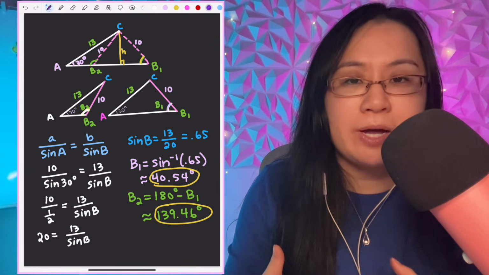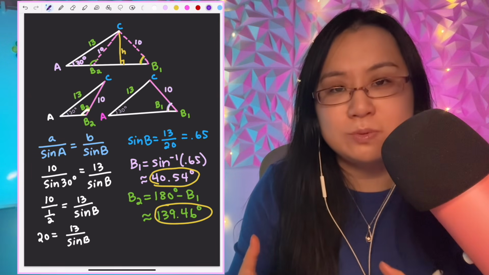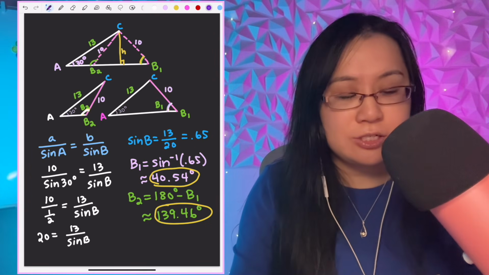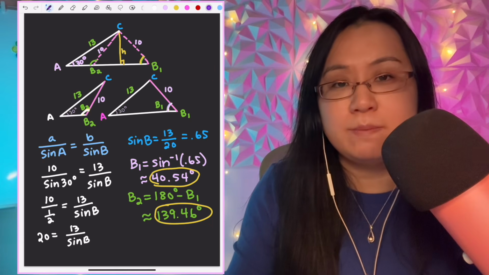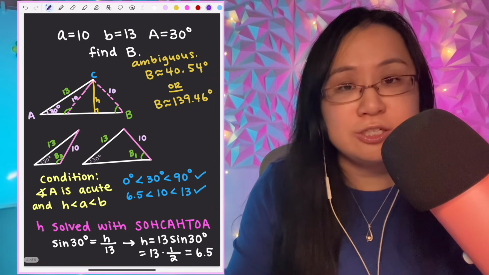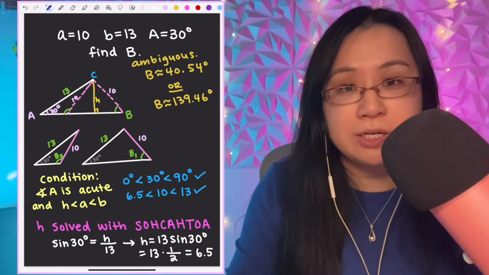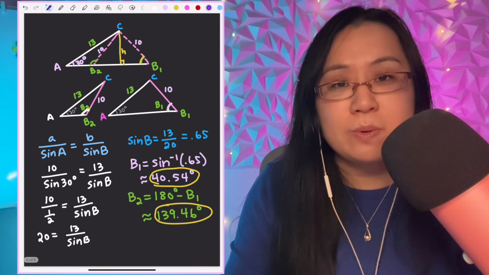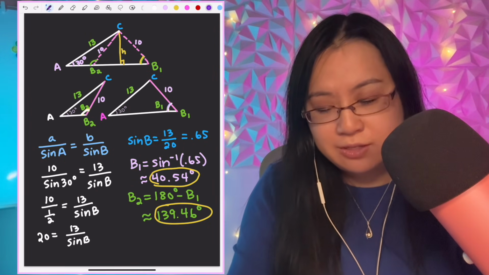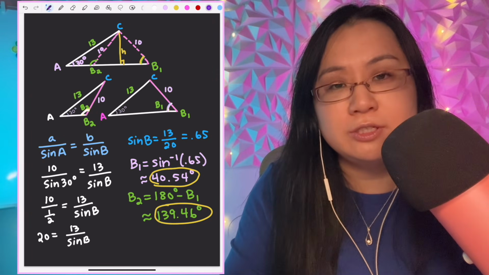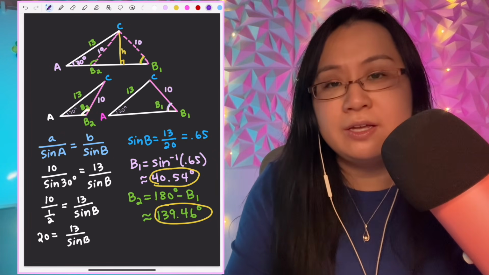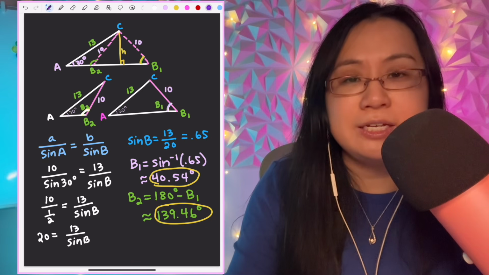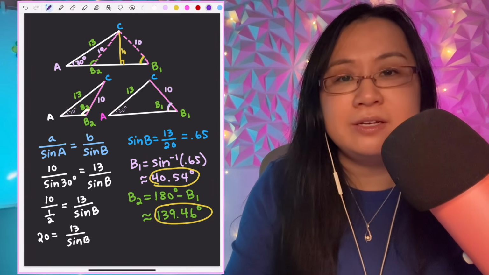Now, as promised, if you happen to be taking a standardized test or a multiple choice test where you have to move a little quicker, I would just keep in mind that if you are doing the law of sines, you might have the ambiguous case. Keep these conditions in mind. If you can do the SOHCAHTOA part quickly, then confirm h less than a less than b to double check your answer. But otherwise, if you're given this type of information, then keep in mind that this is a possibility. Then you can get your default first angle, your b1, and try 180 minus that. And if that value happens to be between 90 and 180, which is quadrant 2, then you realize